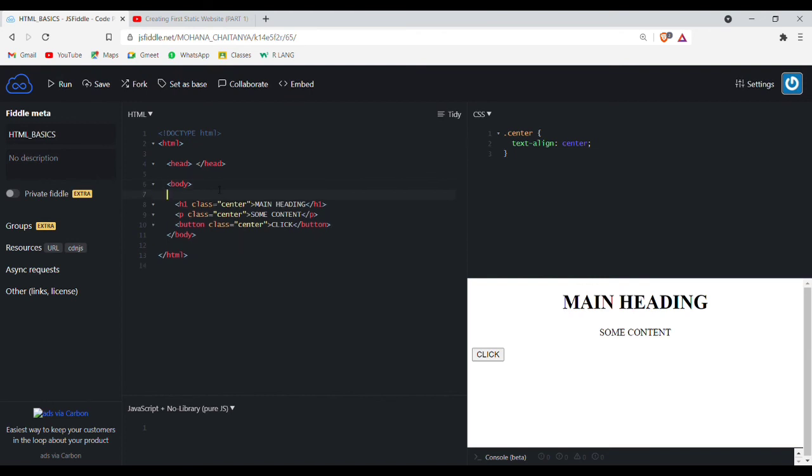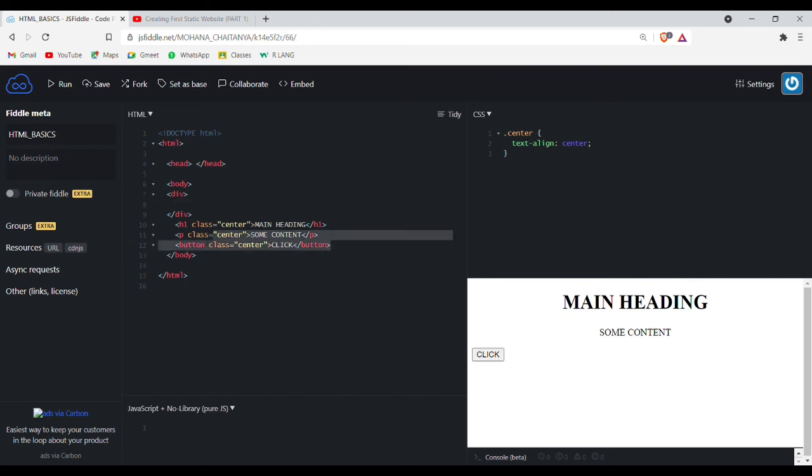Let's write the div element. As I said, this div element is used to wrap up all the required elements. We need all these three elements to get selected and to move to the center.